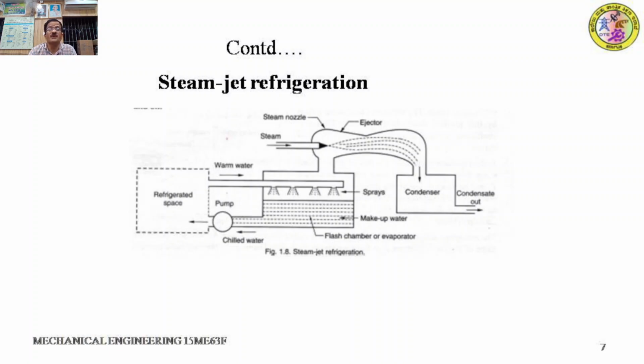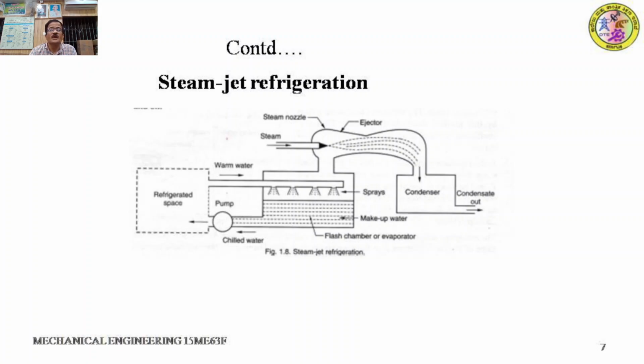refrigerator. Here you can see one chamber that is called a flash chamber or evaporator where water is contained, and there is a refrigerated space, and the chilled water from the evaporator is pumped to the refrigerated space through some pipeline surrounding that area, and there the heat exchange between hot air particles and the chilled water takes place, and water becomes warm water, and that is taken back to the evaporator where it is sprayed using several nozzles, the spray header, and that is sprayed back to the water in the evaporator